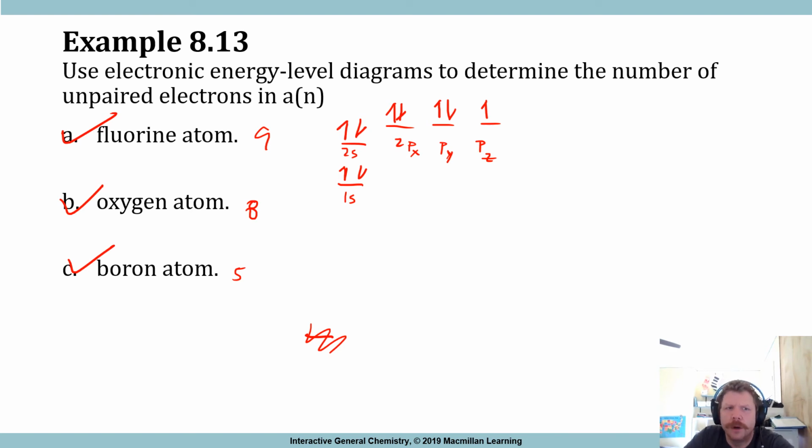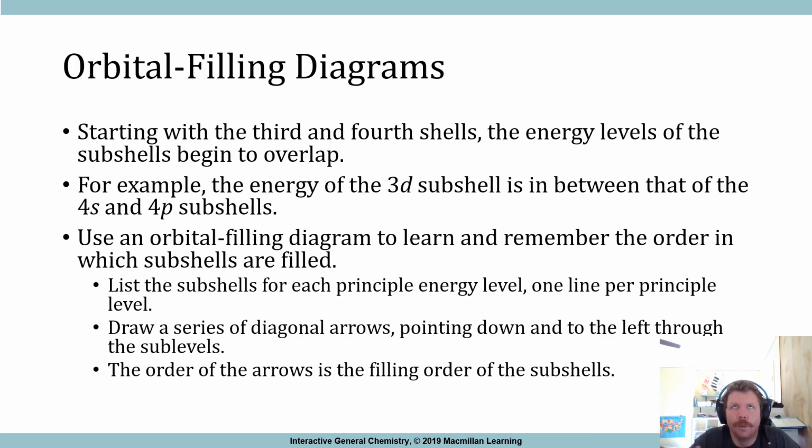All right, so ultimately, I would argue it's not extremely challenging. This is definitely something you get better and better at with practice. Whenever you're only dealing with the s and p orbitals, it's pretty simple and straightforward. But once you start dealing with the d and f orbitals, it gets a little bit hairier and a little bit trickier. So starting with the 3rd shell, which would be the d, and the 4th shell, the f,